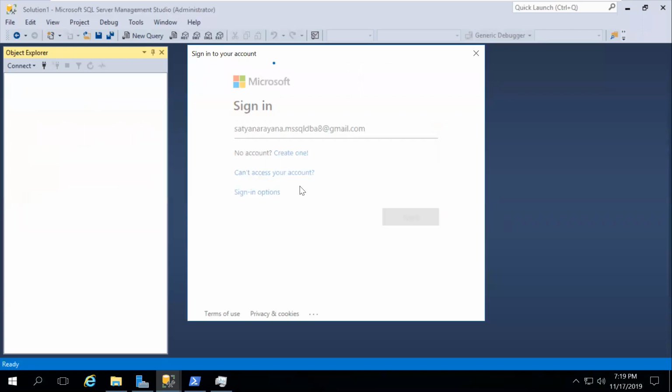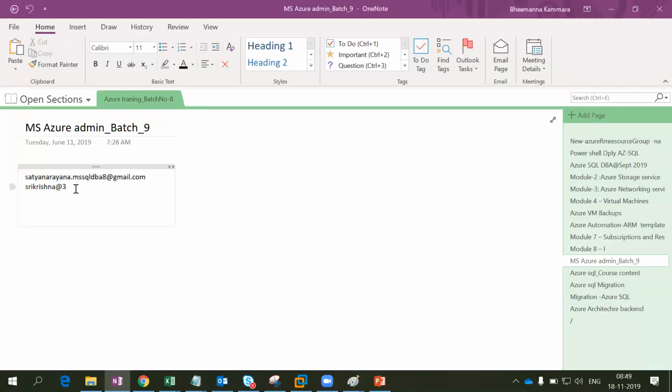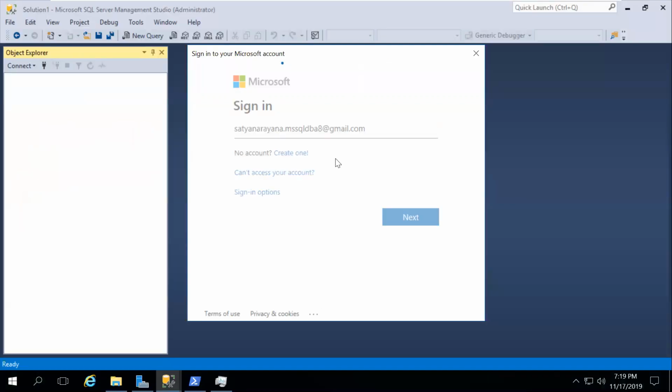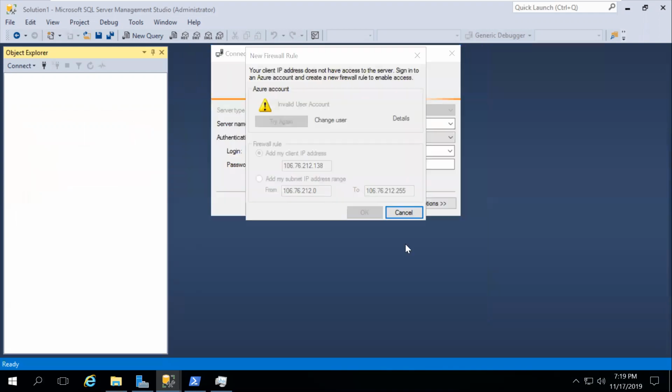So you need to provide your subscription account details and password. So sign in. This is the typical access process. Now, we haven't added any public IPs to the portal end, right? But this IP is automatically going to be added to the portal end. That's what we can expect. It is adding now.